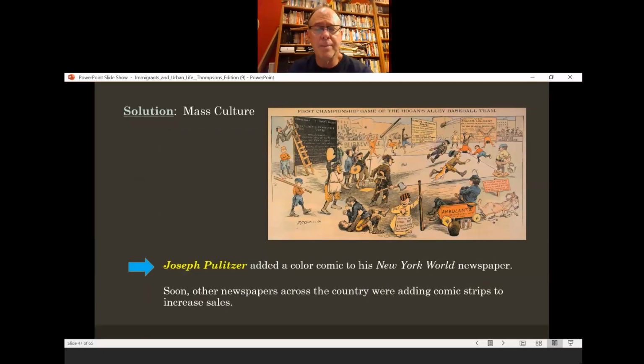Along with newspapers, we talked about Joseph Pulitzer already, right? He was in the vocabulary video. Well, he added color comics to his paper, and people loved it. They went wild for it. So soon other newspapers were adding color comics. And you may not think this is a big deal, but when you had nothing to do and suddenly you got color comics, and these newspapers come out every day, that's a big deal. So people are getting news and entertainment at the same time.